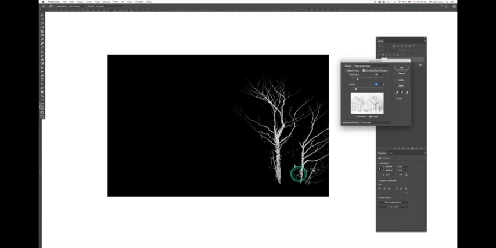Okay, I've got those areas there. Maybe let's just reduce the range a touch, and bring down the fuzziness. I'm not too worried about that. Let's just add to this, and make sure we've got everything we wanted. I went a bit too far there, so we're going to get rid of those. Let's go back to the plus, and we'll select those branches there, and maybe these branches here. Okay, and I think that's a pretty good selection of what I want. We click OK,